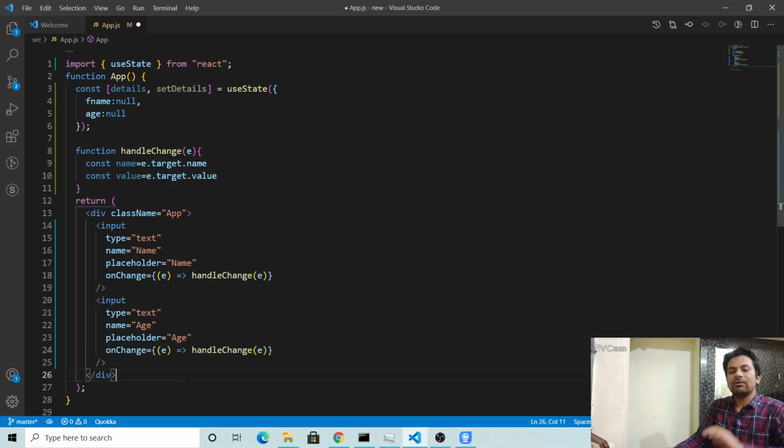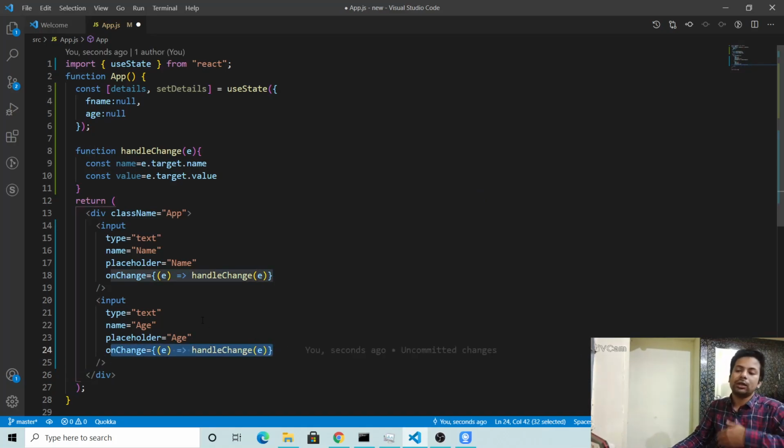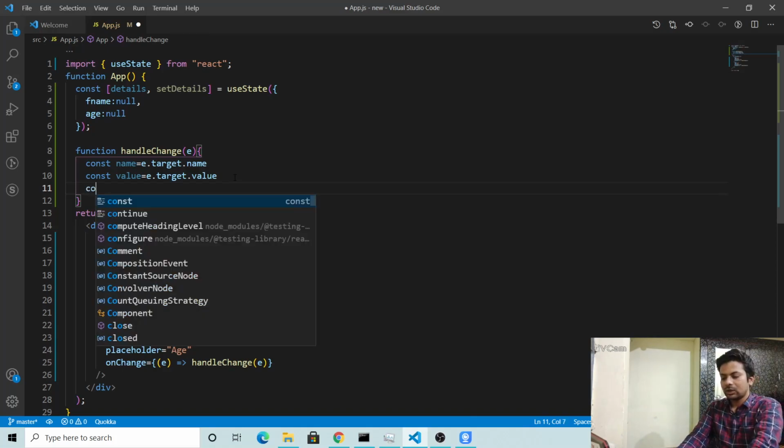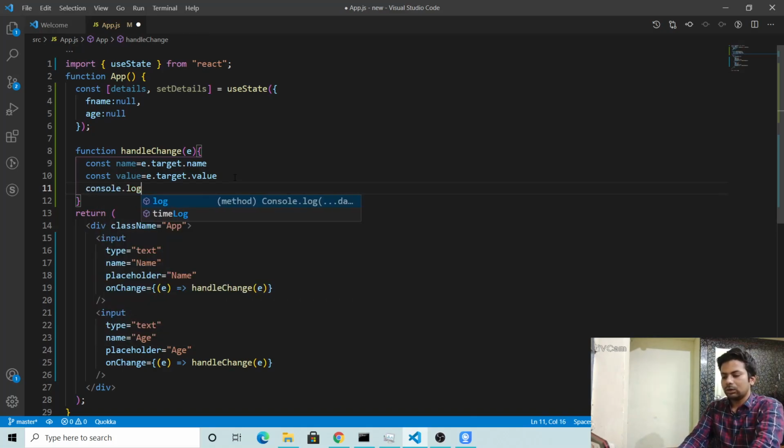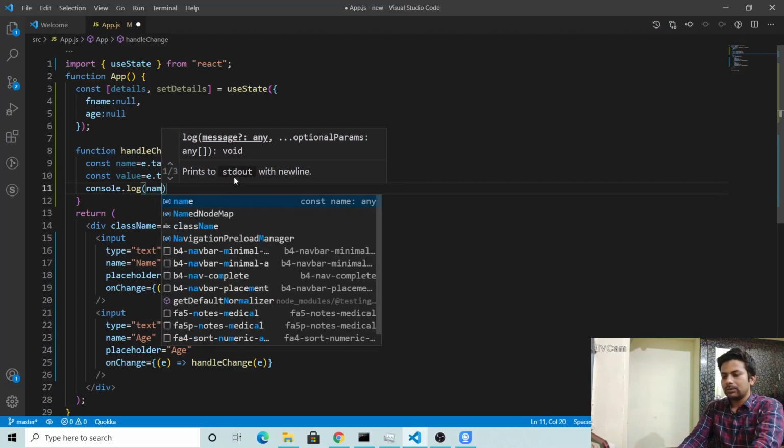So see, now for every tag you just have this onChange, this one arrow function, not other functions for every line. So now I'll just console.log name.